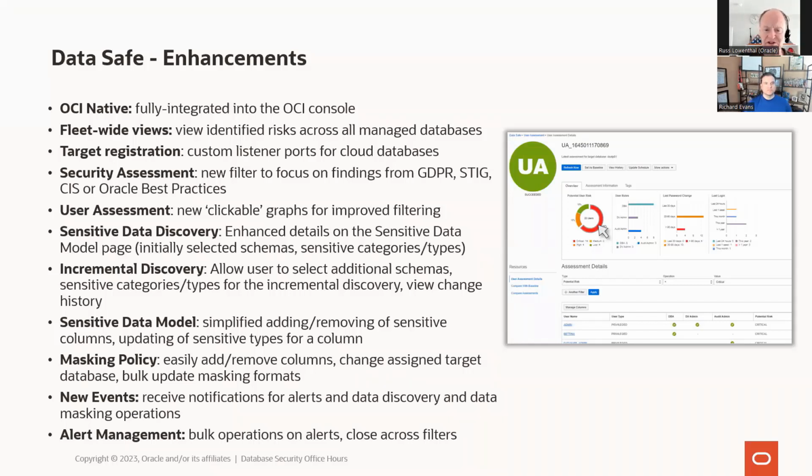We gave you new abilities to filter and generate reports for the different frameworks, CIS benchmarks, GDPR, STIG. We gave improvements to graphs, and we'll continue to do that, by the way. One of the challenges whenever you create a console like this is you have a lot of information at your fingertips, and you want to see that information in tabular form. A lot of us are just used to looking at it in tabular form, but visualization in a graph is also important. But the graph that was the right graph or seemed to be the right graph during development a year ago, after it's hit the field and been used for a while, you start to get feedback that says,